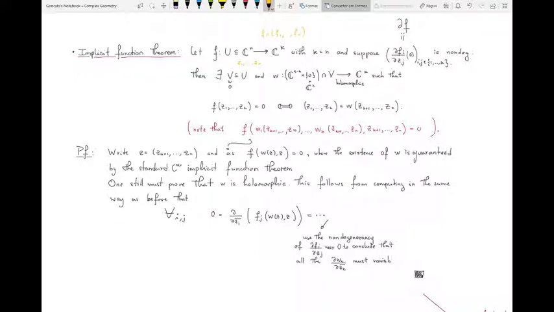And now I pick the first k coordinates here, and I'm going to construct this matrix ∂f_i/∂z_j. So it's the same matrix as before, it's just that I'm restricting it to a minor of the Jacobian, of that complex Jacobian I've mentioned before. And I'm going to denote this map by